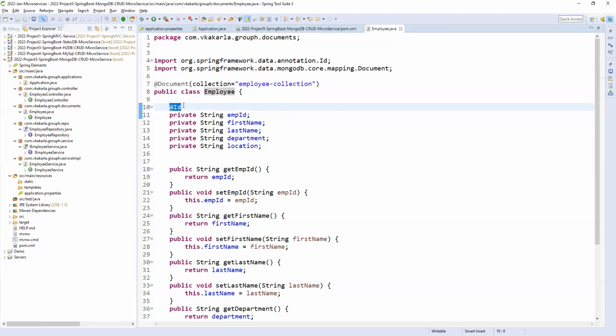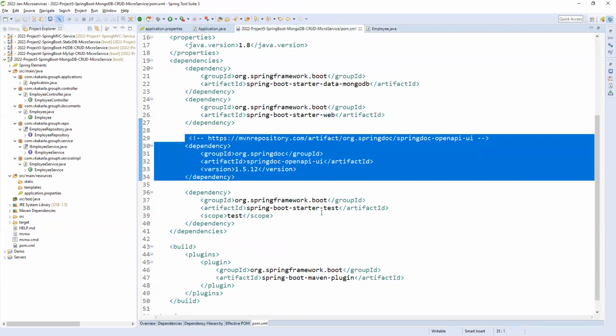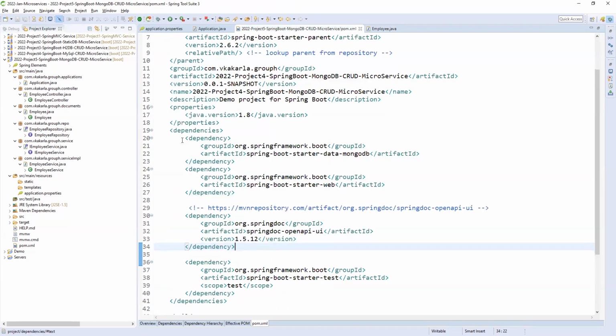So if you are giving a wrong primary key by importing from the Java Persistence Id, it will not work. So make sure while you are importing, and while you are adding the dependencies, make sure. If you are not using any JPA kind of starter or dependency, you can remove it. Whatever dependency you require, only that dependency you need to add in your pom.xml. So that is very, very important, right?